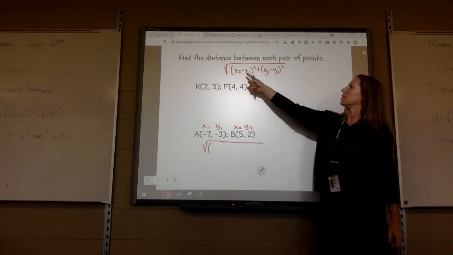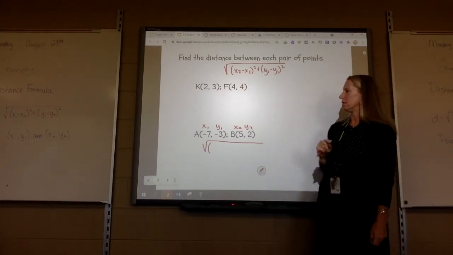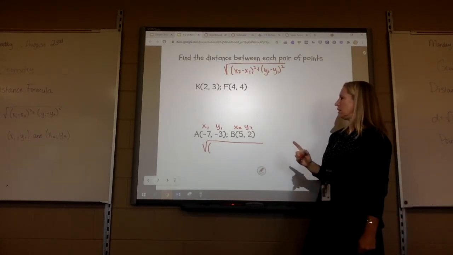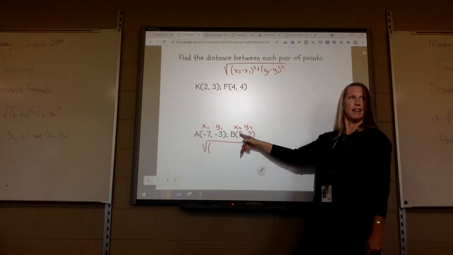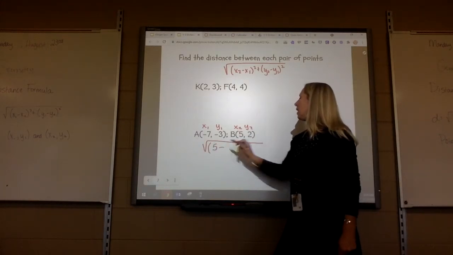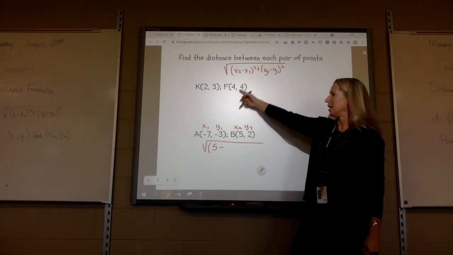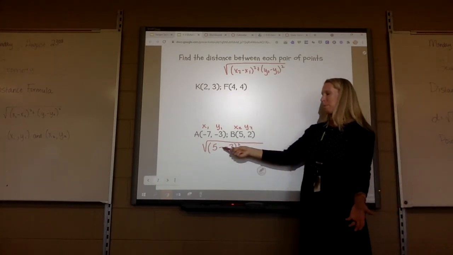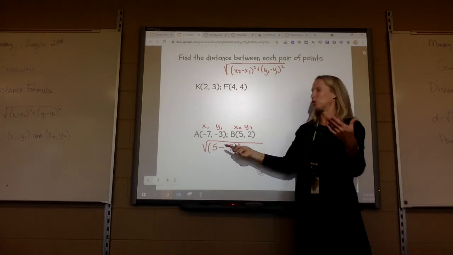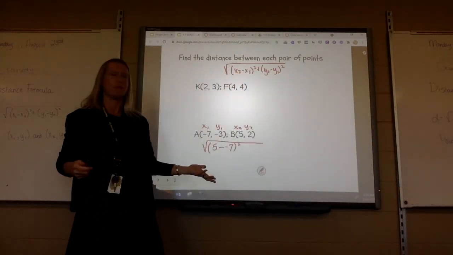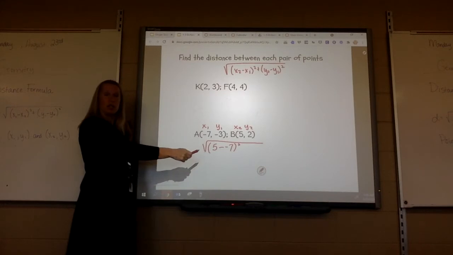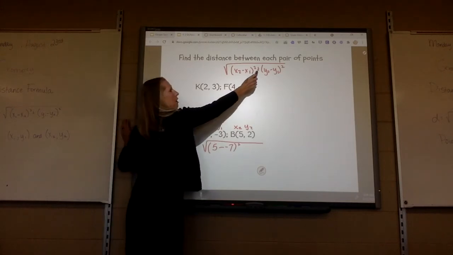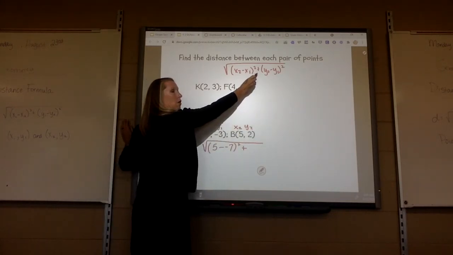So my formula says to do x2 minus x1. So what number is x2? 5. Oh, look at that. Does everybody see that? Yeah. 5. So 5 minus what number is x1? Negative 7. So you've got an option here. What happens when you minus a negative? It's positive. So you can put 5 plus 7, or you can keep it just like this, and I'll show you how to type it in the calculator just like that. So 5 minus negative 7, plus, don't forget your plus sign, follow the formula exactly,